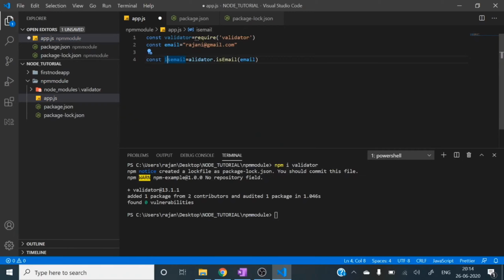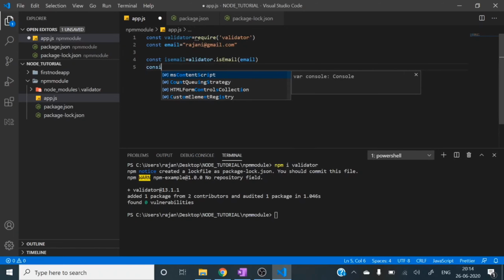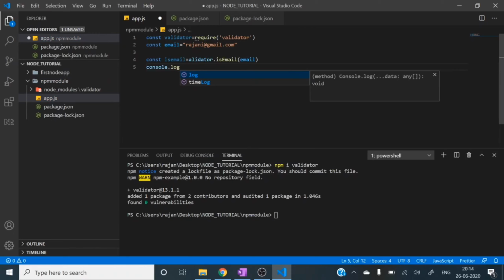isEmail, right? So let me write here console.log. Here let me print isEmail. First, what we have done, we have loaded that package into our app.js file, right?